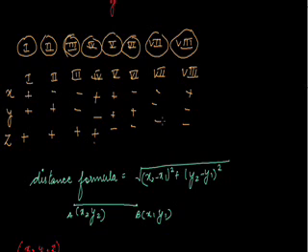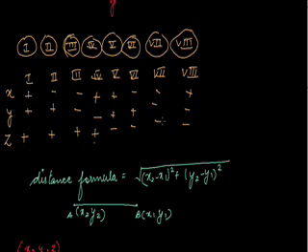and then we can give the signs for the three coordinates, that is x coordinate, y coordinate, and z coordinate. In the first octant, x, y, z all are positive. In the second, x is negative, y, z are positive. In the third, x, y are negative and z is positive. Fourth, x is positive, y is negative, z is positive. In the fifth, x is positive, y is positive, z is negative. In the sixth, x is negative, y is positive, z is negative. In the seventh, x, y, z all three are negative, and in the eighth, x is positive, y, z are negative.